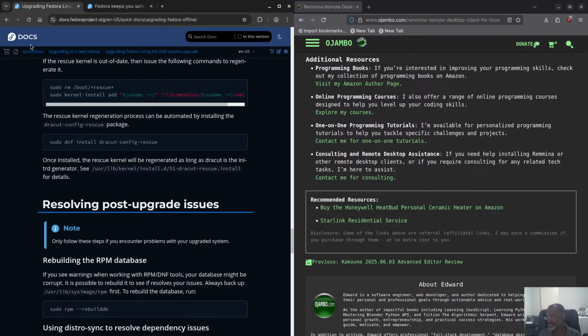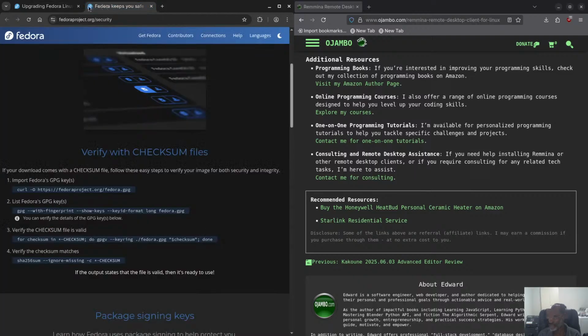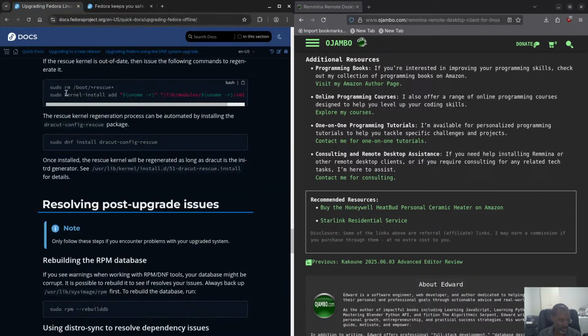All right, so what is this here? Oh yeah, this is checksum. All right, so I'm going to talk about one of those package problems. So